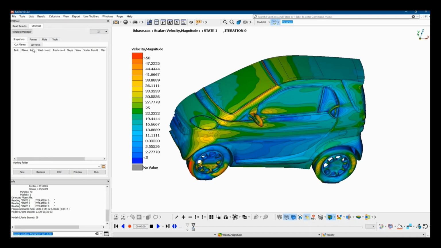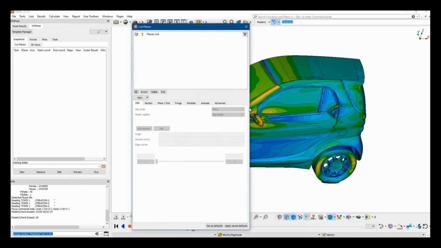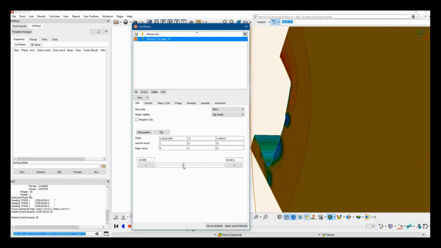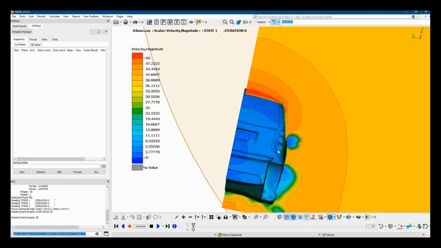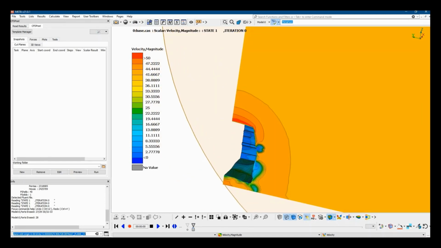Okay, now the first tab of the CFD Post toolbar is called Snapshots, and what it does is to help us generate multiple snapshots along a cut plane, along the path of a cut plane, or multiple 3D views. Now, in order to create snapshots along the path of a cut plane, we need to select a pre-existing cut plane. So let's go and create one very quickly in the x-axis, and let's bring it back like so. Okay. And now, actually we have created the cut plane so that the toolbar uses it to visualize the result according to the settings of the cut plane.